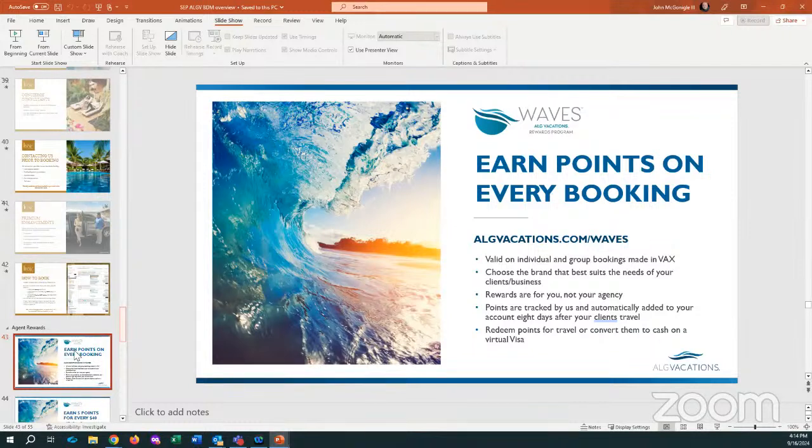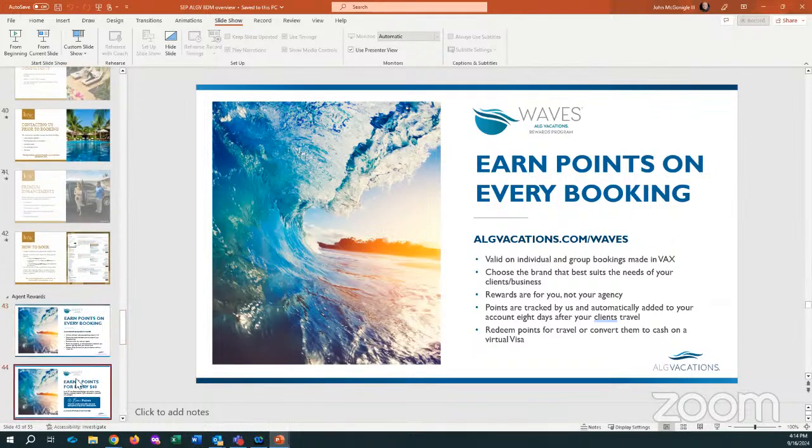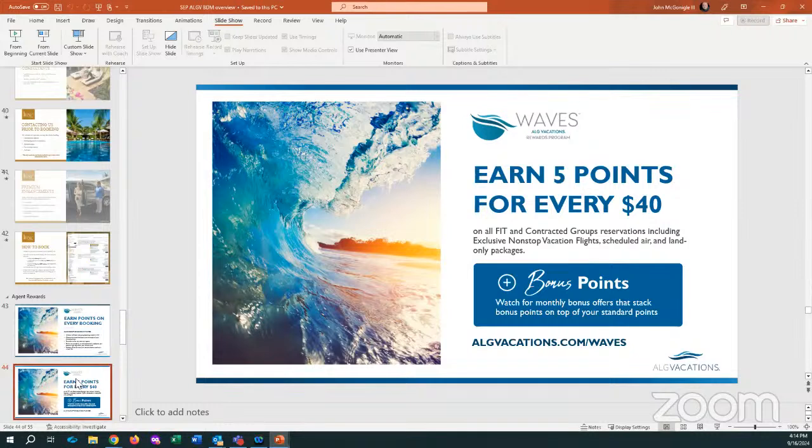If you're at a mall, Simon Mall or Westgate Mall, or Macy's, if you've got your Macy's rewards or coupons or things like that, same idea here is that we are counting up those reservations for you, that every 5 points, you get 5 points for every $40 that you've sold, gross sales. Okay. So, I won't do the math, but if you've sold something for $10,000, well, that's going to be 40,000 points for you, in your Waves dashboard.